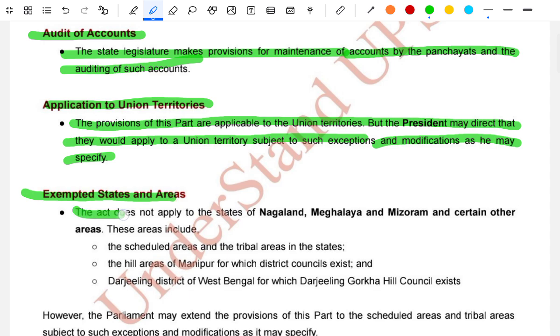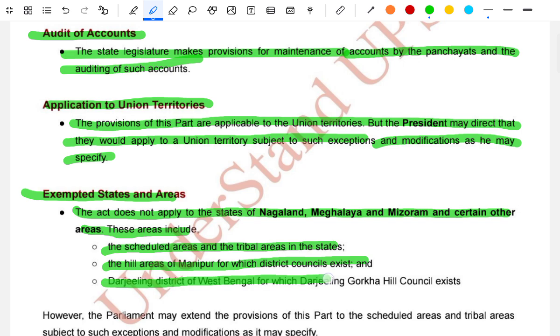Exempted states and areas. The Act does not apply to the states of Nagaland, Meghalaya, Mizoram and certain other areas. These areas include the scheduled areas and the tribal areas in the states, the hill areas in Manipur in which district councils exist, and the Darjeeling district of West Bengal, for which the Darjeeling Gorkha Hill Council exists. However, the parliament may extend the provisions of this part to the scheduled areas and the tribal areas